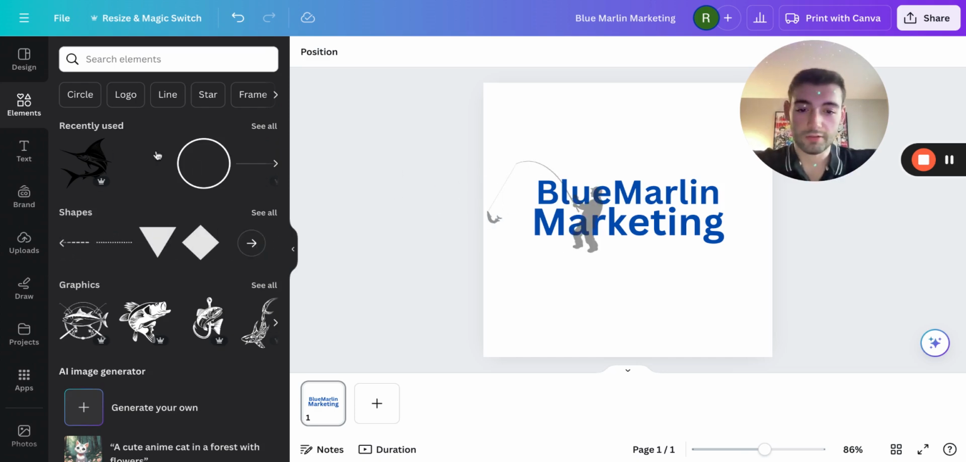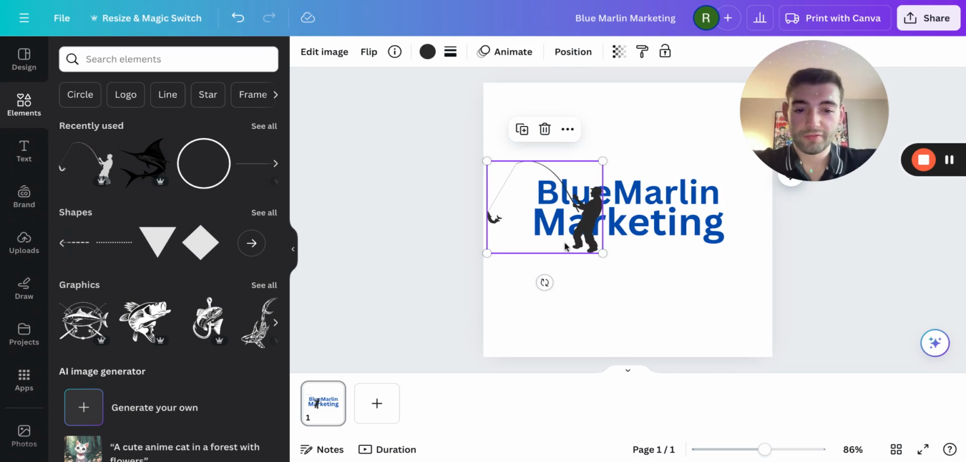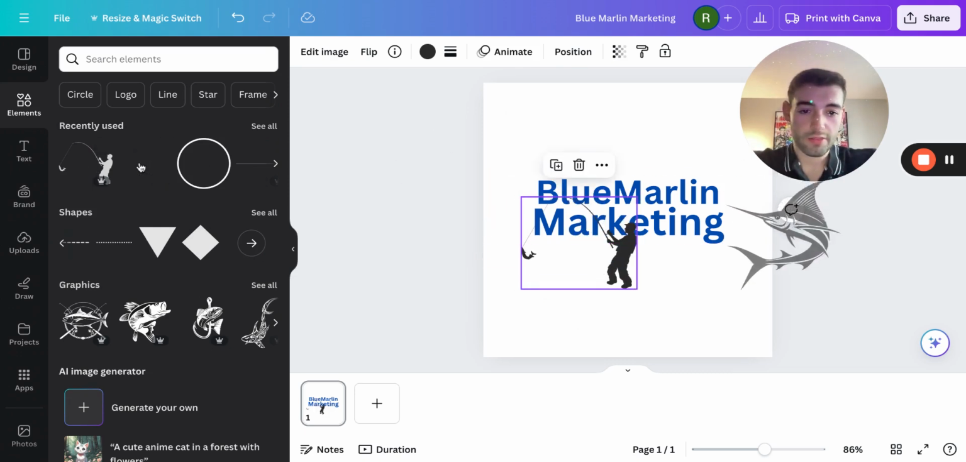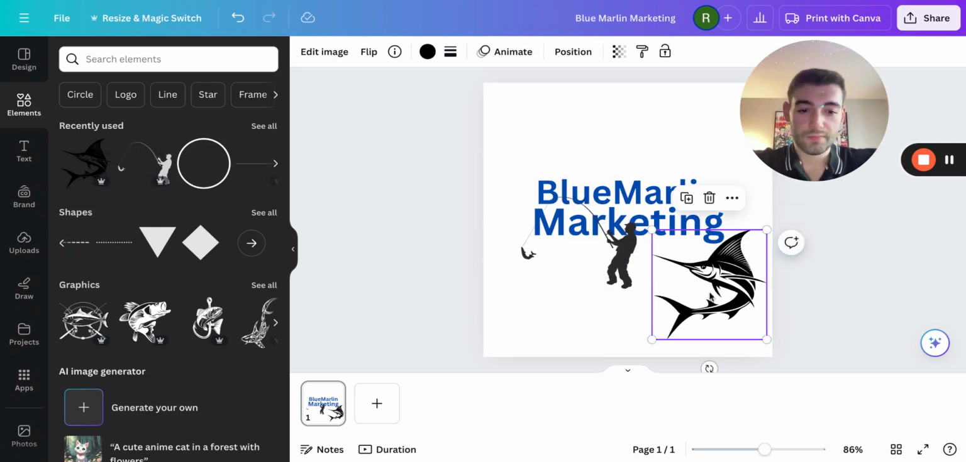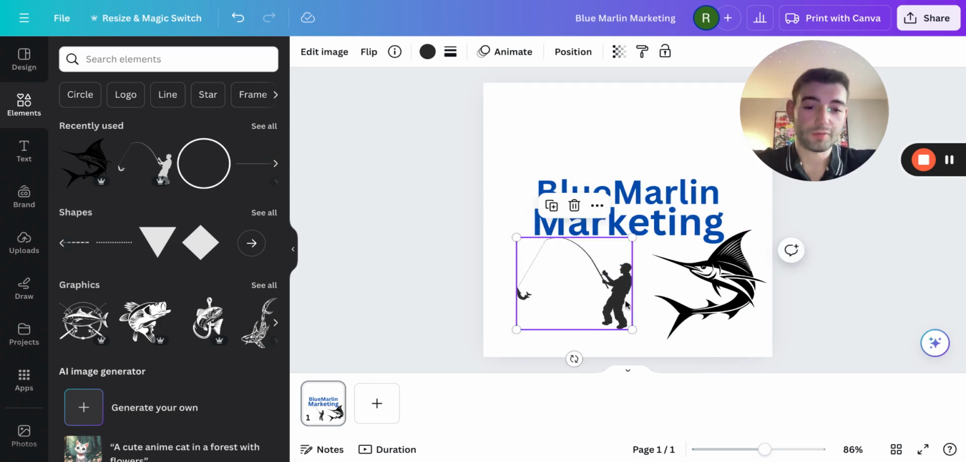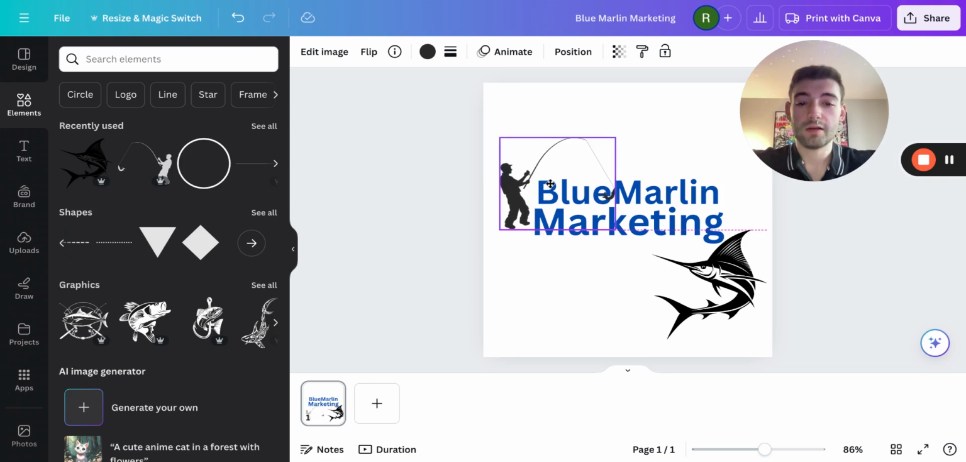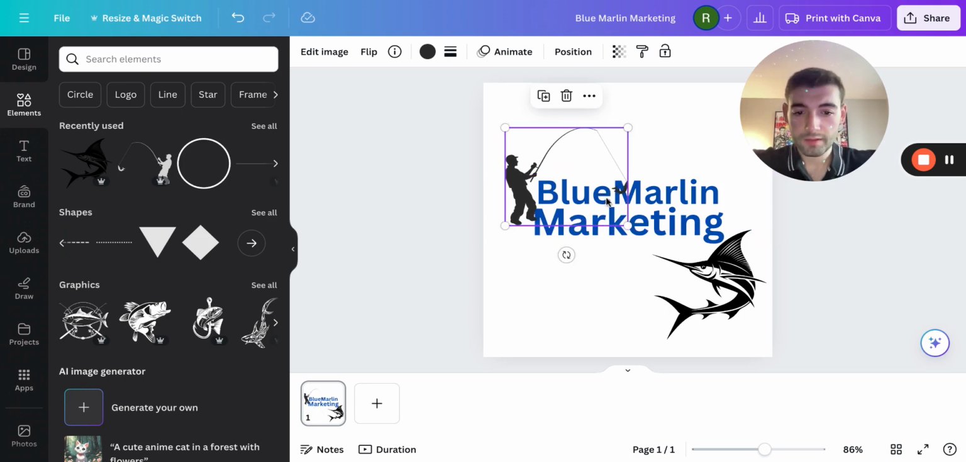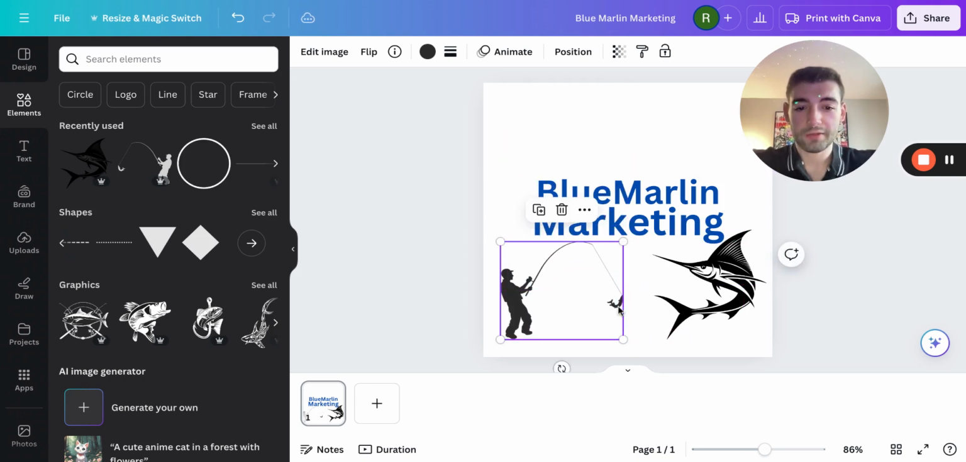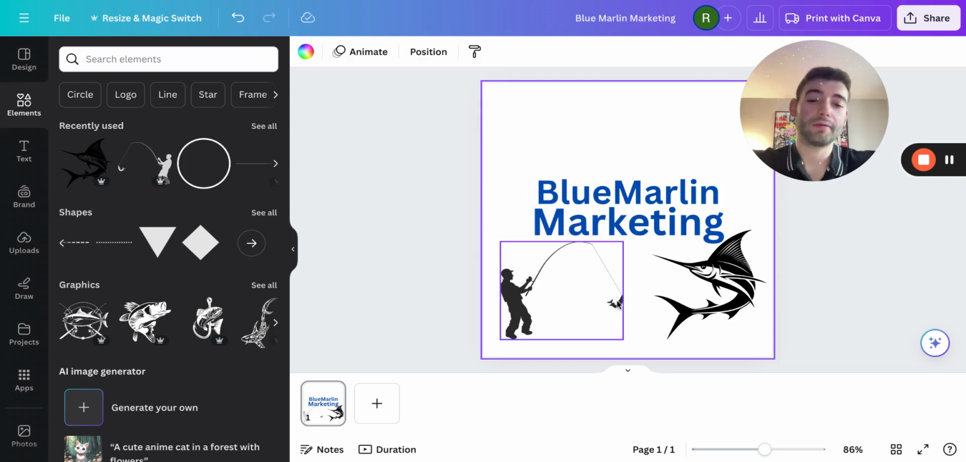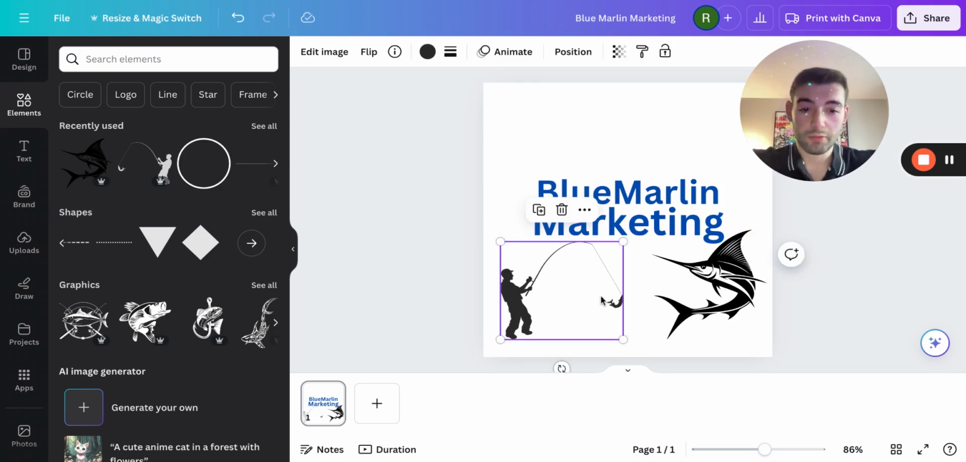So one of our logos is this fisherman reeling in this marlin. Now, obviously, the fisherman and the marlin are facing different ways. The way we can fix that is you go up to this flip button in the corner, flip horizontal, and it just completely mirrors it the other way. So that's great. Really easy. And I'm not a huge fan of the fish on here. I think I would like him to be pulling in the marlin. So what we can do about that